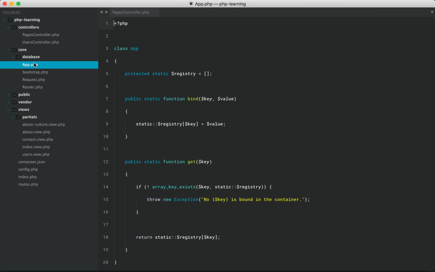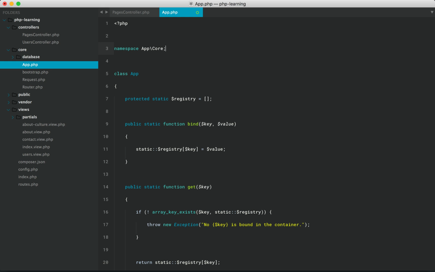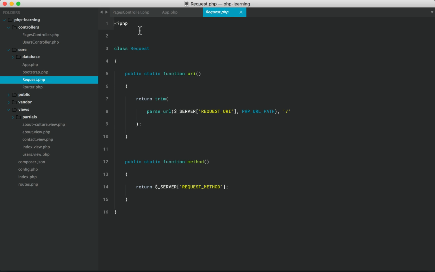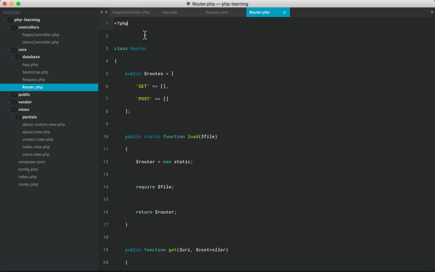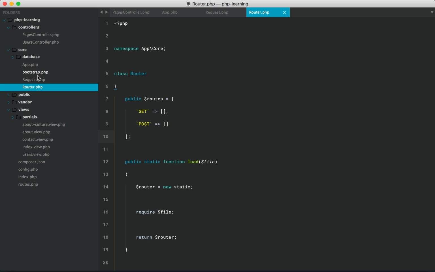Now, what about within the core directory? Well, maybe we could also do something like app core if you want. If you want to do a different top level entirely, you can. It all just depends. In this case, maybe we could do app core. And then it would be the same thing for any of the others in this hierarchy. And then further, if you had another directory within here, maybe services or something like that, then a class within that file would be app core services. So generally, kind of a common practice is to have your namespace mimic the folder structure.